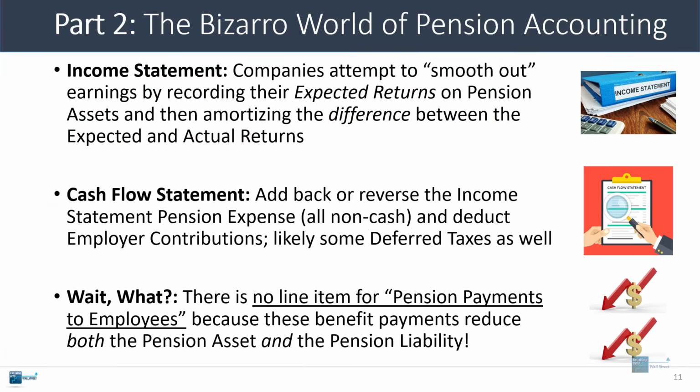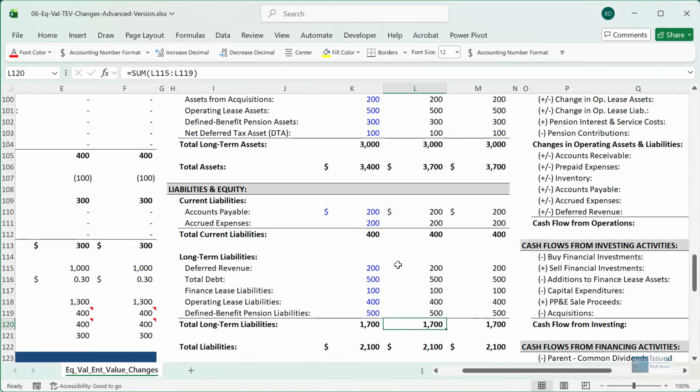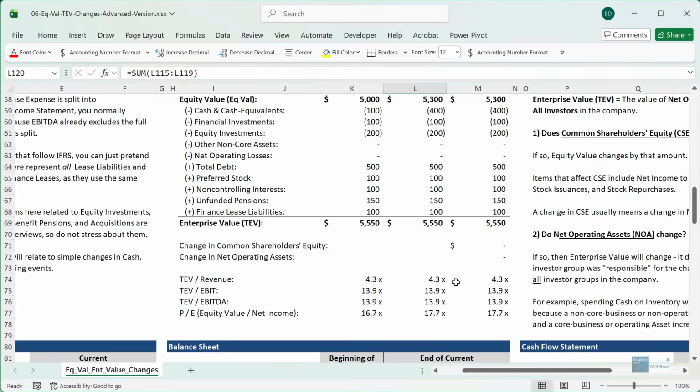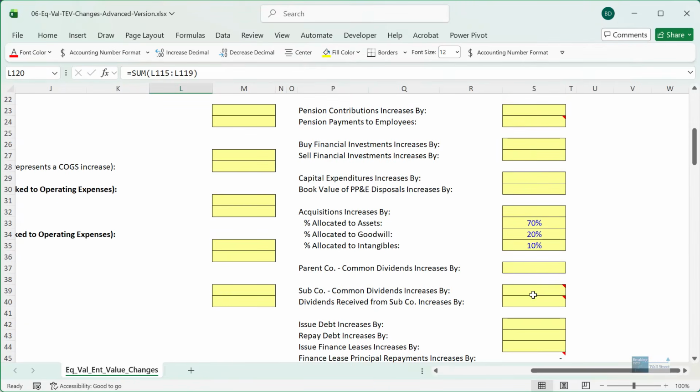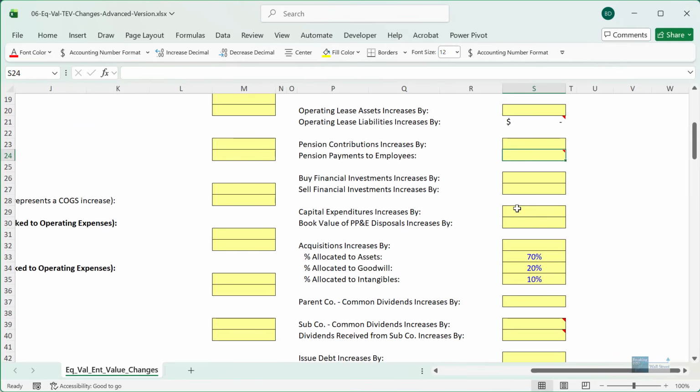I think the most confusing part of all of this is that there's no specific line item for pension payments to employees, because when a company pays employees in retirement, that payment reduces both the pension asset and the pension liability. So I'm going to bring up a separate Excel file to illustrate this. This is something that we use to teach the concepts of equity value and enterprise value. If I record something for pension payments to employees, say 100,